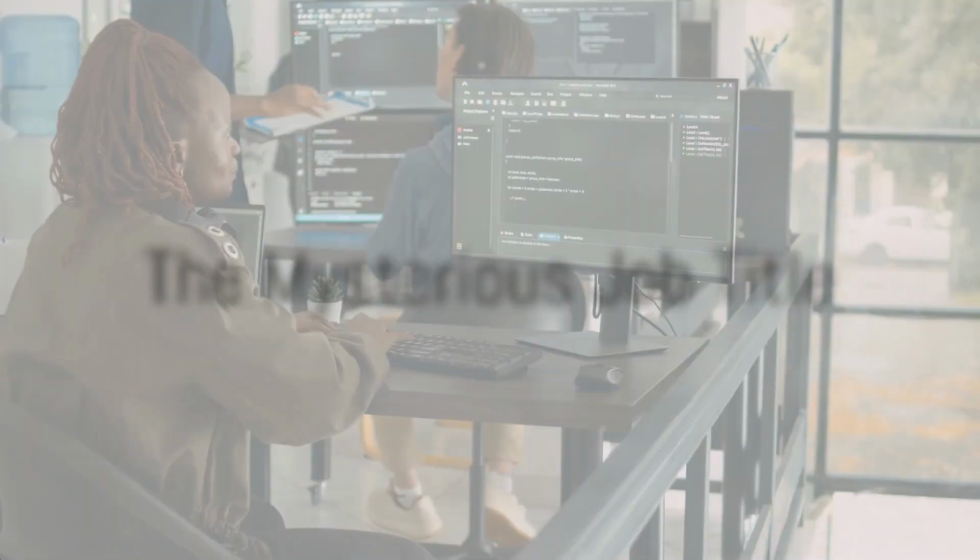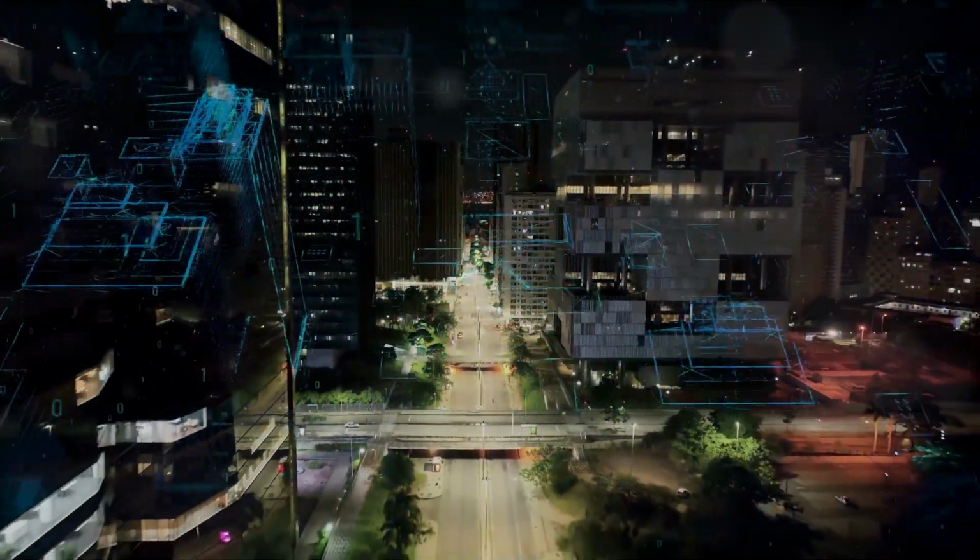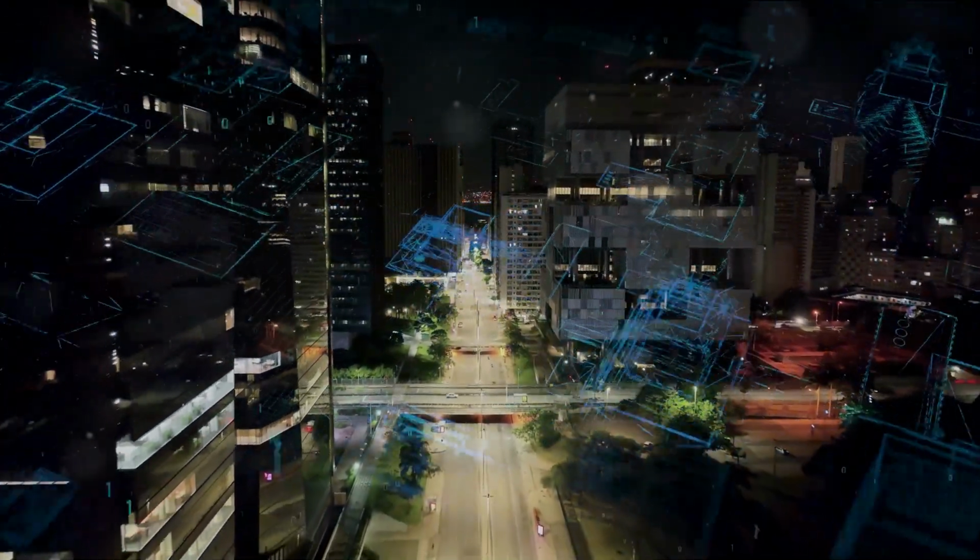Have you ever heard about a prompt engineer? If not, you're not alone. This intriguing job title may sound like something out of a sci-fi novel, but it's a real career path in